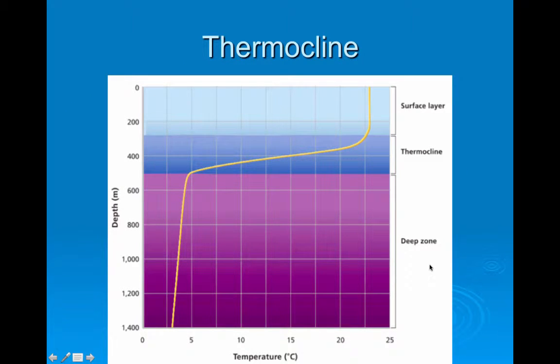Take a look at this graph. You're going to see surface water here is very warm. Y-axis is depth, x-axis is temperature, and then they have this thermocline where it gets very cold very quickly, not a lot of depth change, and then the temperature, while it gets a little bit colder, there's not an appreciable change in the temperature at these depths down here.